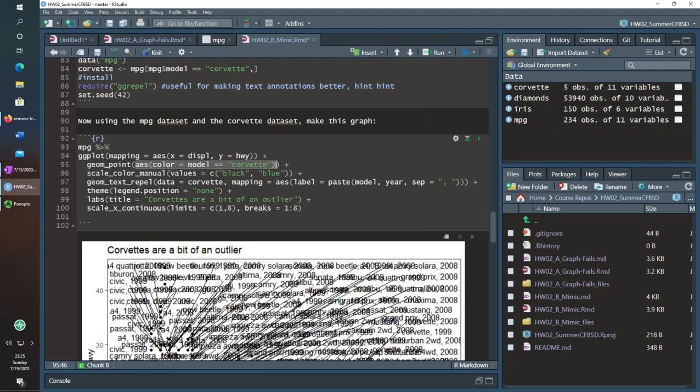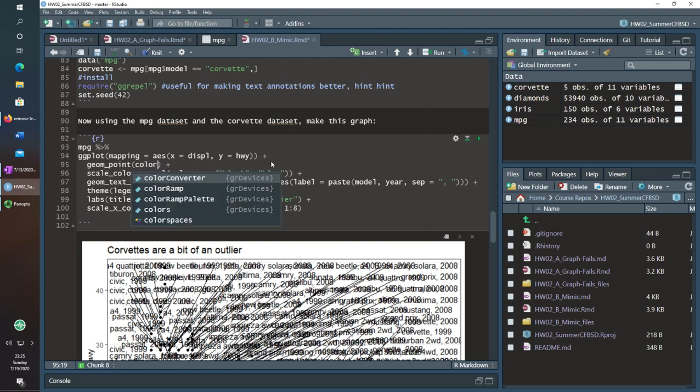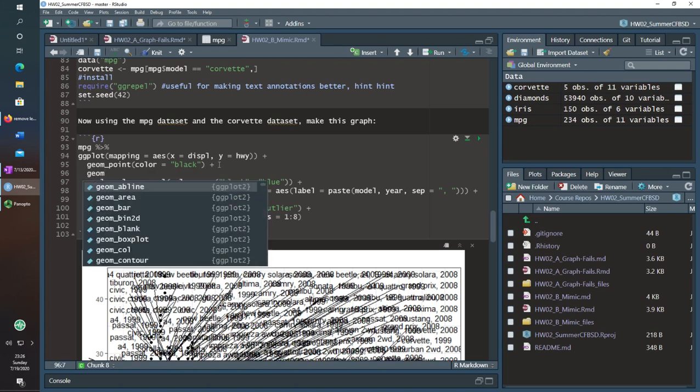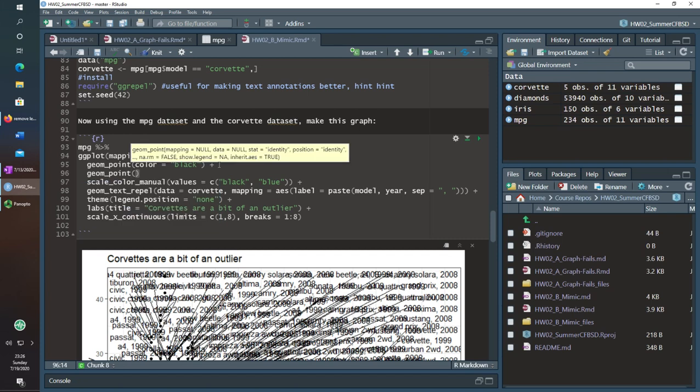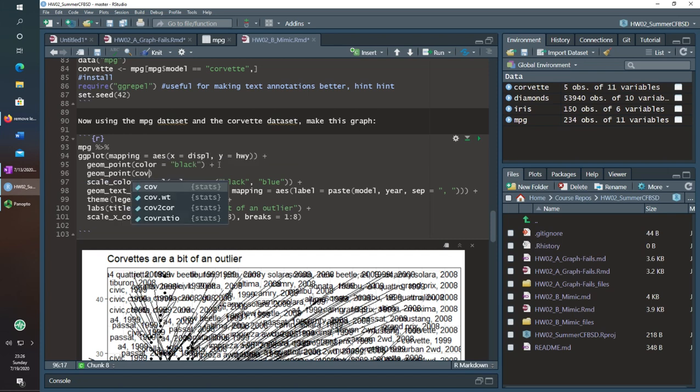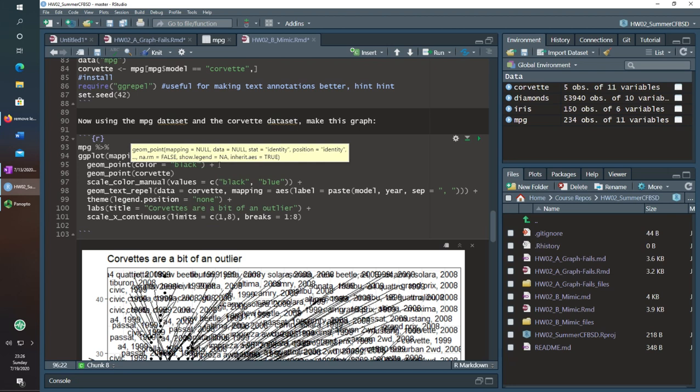since I already have the Corvettes separated in their own little box and bin, I can say the data, and this data again is mpg, so I want all of these colors to be black. So I'm just going to set that, and I'm not going to set it in the aesthetic because, as you know, that sets the values. I want all of them to just be black. Then I can do geom_point, and I want to point now the Corvette values. So let me be explicit and say that the data is equal to Corvette, and